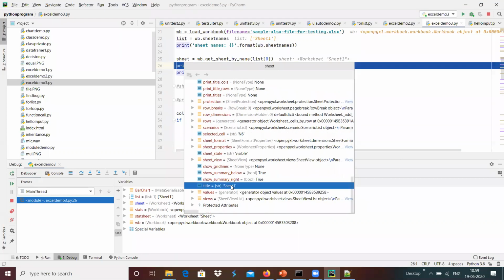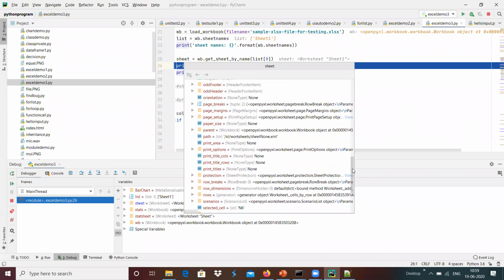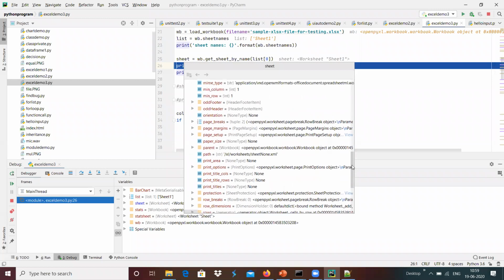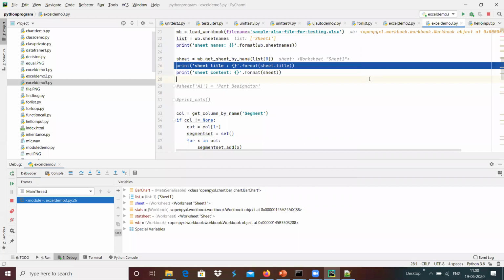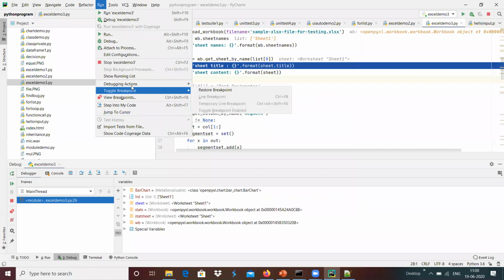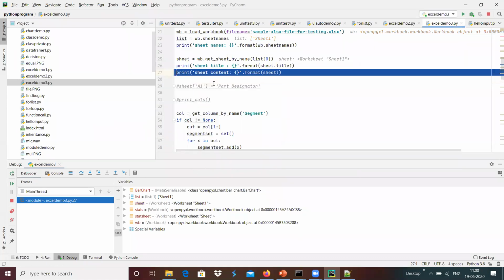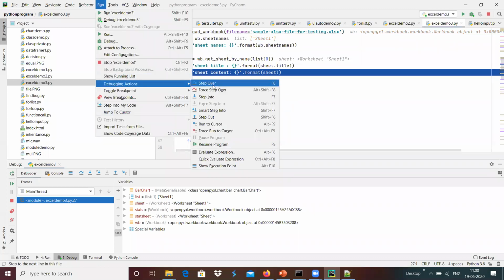The title is sheet one, and how many cells are selected, what the sheet style is, the path, and every piece of complete information will be available over here, which can be taken with the help of evaluating that particular expression. And we can run again, running with the step over to the next line, and I'm going to do step over again.